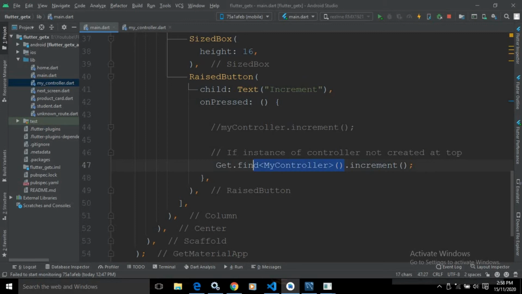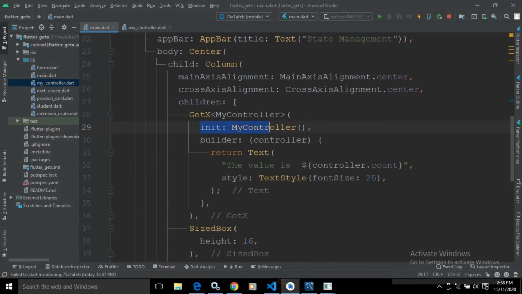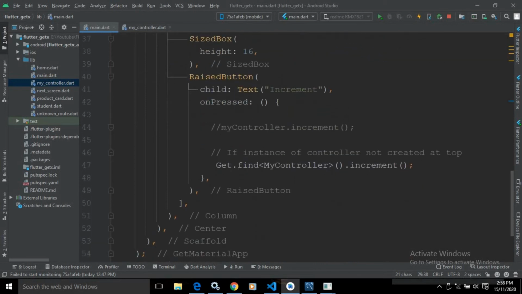It will find the instance of MyController, and after that we need to call the increment method. But before calling this method, make sure that you have initialized your MyController, right? It will search for the instance, find it for you, and by using that instance we can call this increment method.